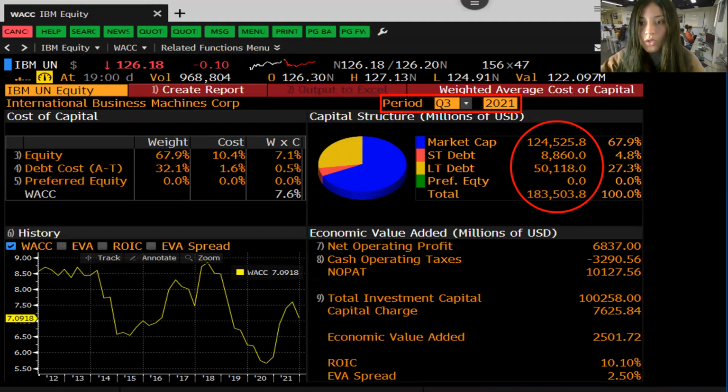The first thing we need to do is time box the data under the period drop-down menu that says MR for most recent. Select third quarter and make the year 2021. From this page, we will fill in the capital structure elements of our case's WACC table,